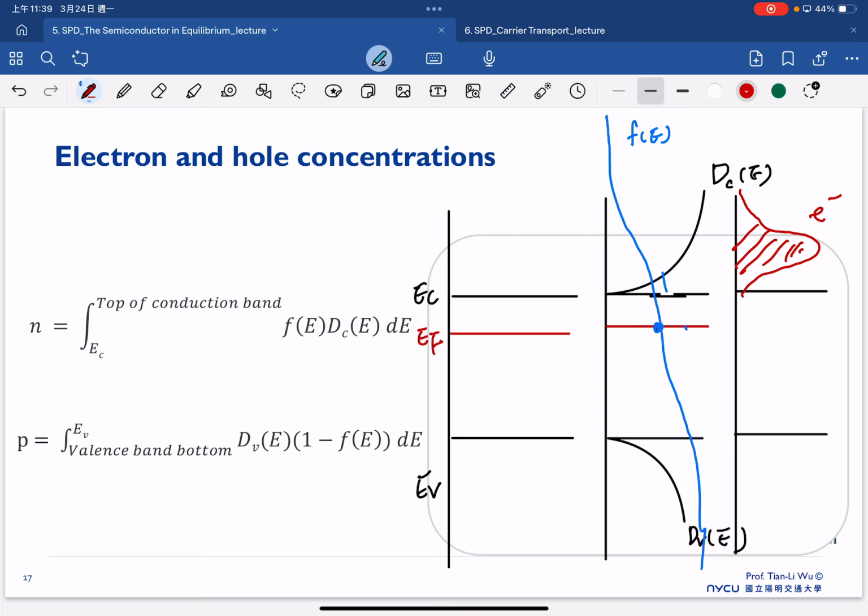Also, this becomes smaller because the area becomes smaller, and this is another way to understand the impact of EF on the concentration. So now we can understand that the electron concentration is larger than the hole concentration, which is an N-type